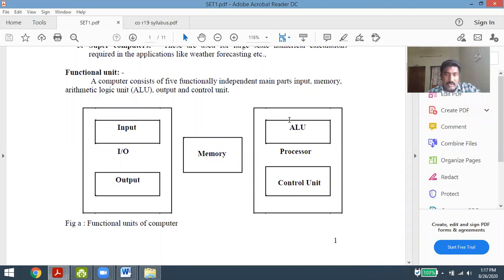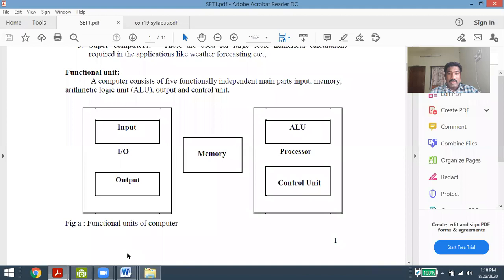Whenever the processor wants to do anything, for example, I am entering the letter A from a keyboard. This A has to be read and understood by the CPU. Then I am clicking the letter A, and it has to be displayed on the monitor, which is the output unit. So in between the data accessing and data generating, the memory components play the major role, where we use the registers as a memory component.